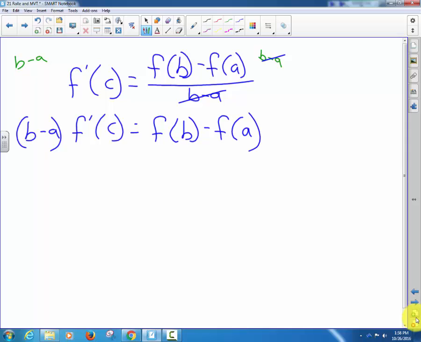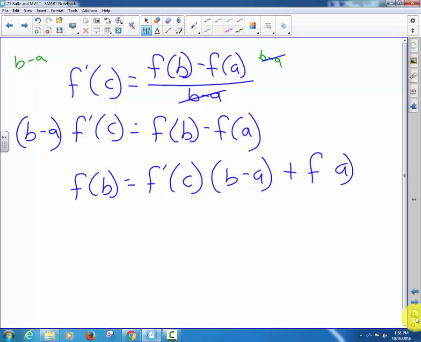Right? Well, if we wanted to get f of b by itself, we could write it like this. f of b equals f prime of c times b minus a plus f of a. And that's the same thing I've got written on the other side, just looks a little different there. Either one of those, does this thing right here,